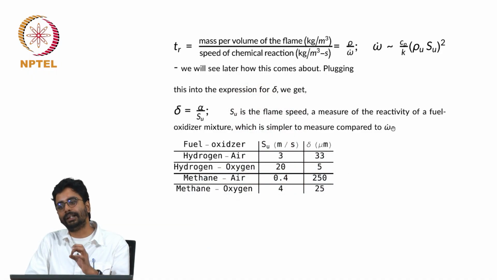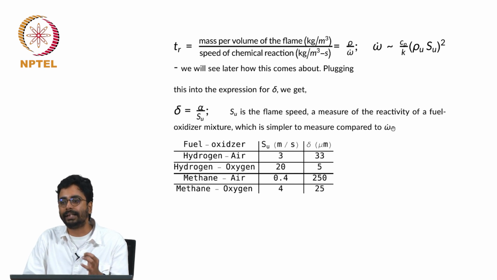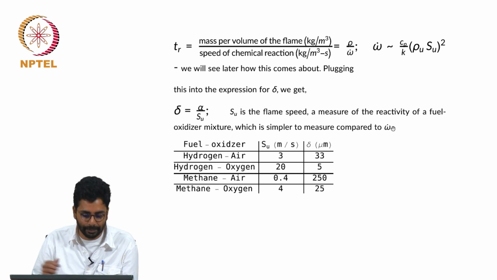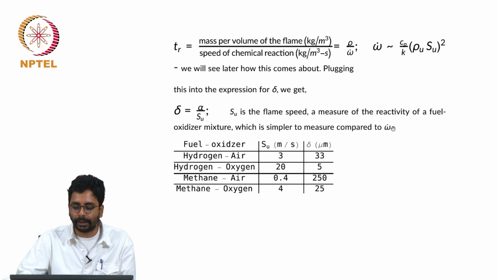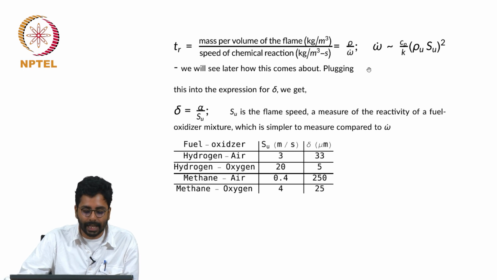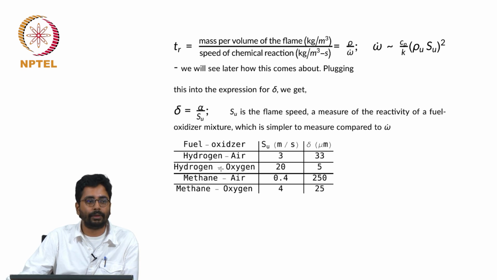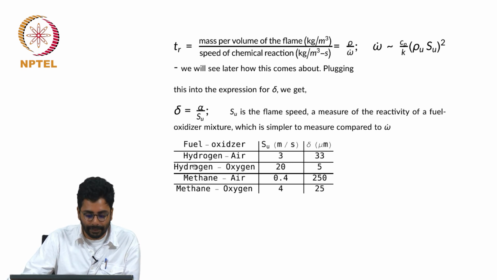Chemical homogeneity. That is why we are choosing a volume such that the relative fluctuations are smaller, and at the same time not too large so that the gradients are significant. Once we get an estimate for the flame thickness, you will see the point that I am making. Yeah. So now, with the expression for the reaction rate, we can get an estimate for the thickness of the flame. I have given a few examples of flame speed and flame thickness.